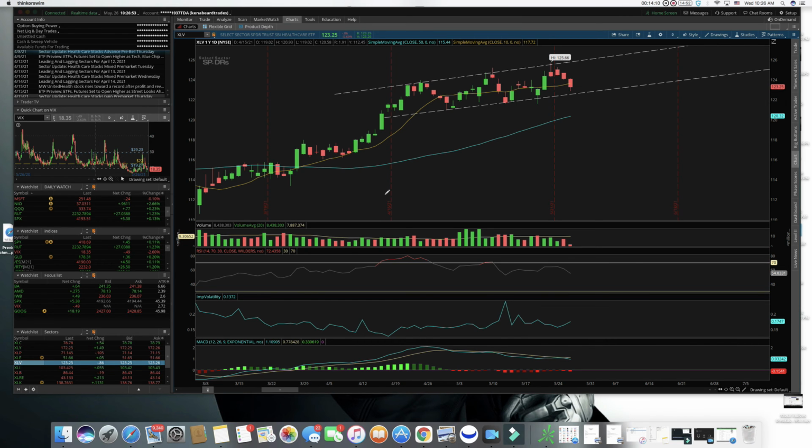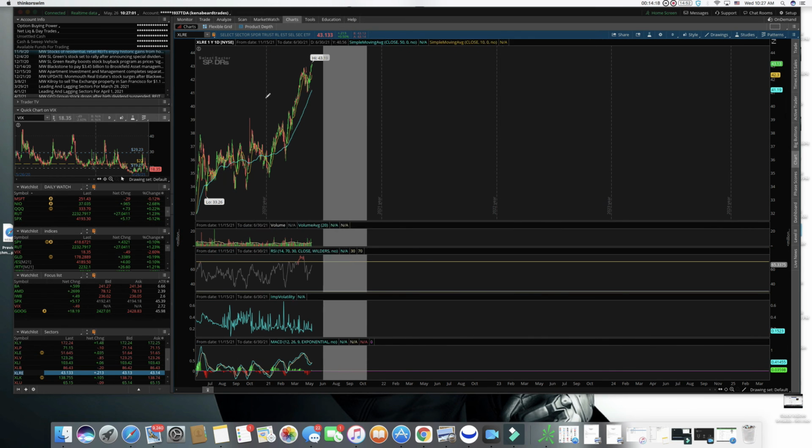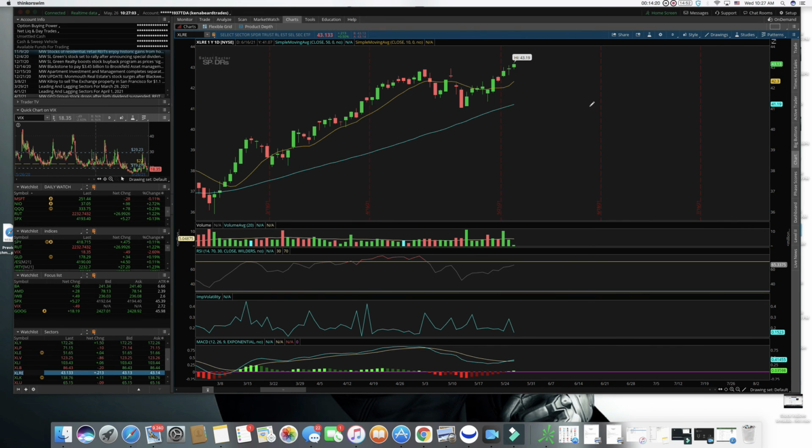XLRE, real estate, I believe, is still looking strong. So from those numbers yesterday with the home prices, still carrying on to the next day for these numbers as well. So just seeing a lot of strength in those three sectors, and then the weakness for the healthcare sector. And yeah, that's basically the full market breakdown for today.